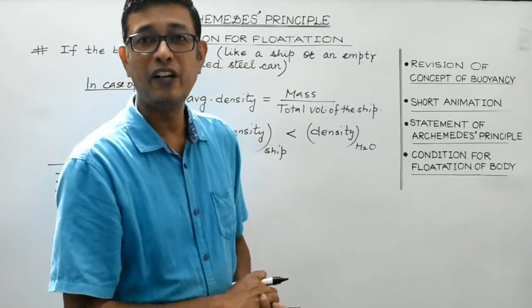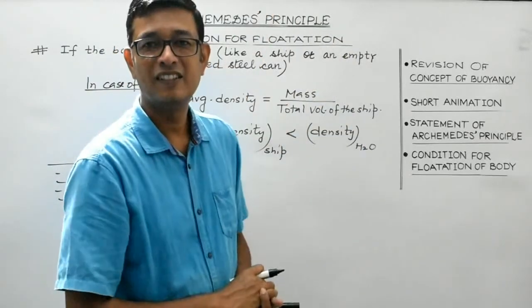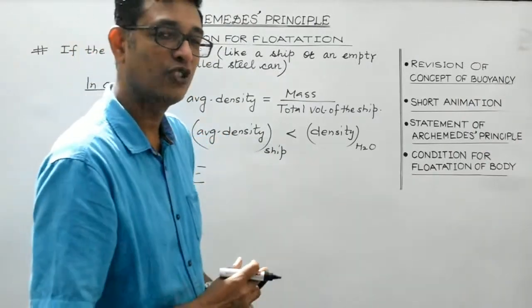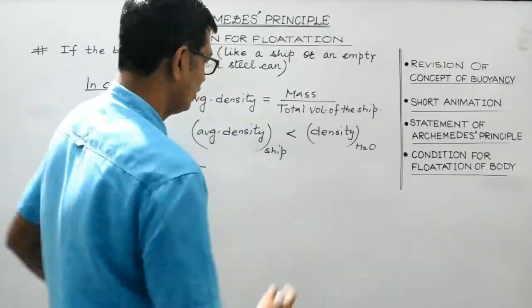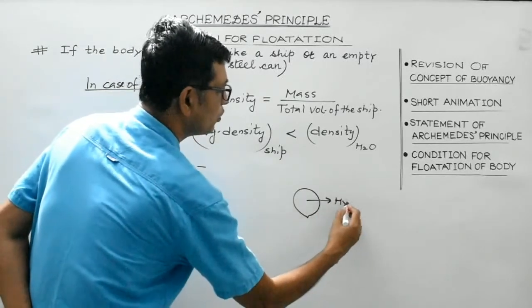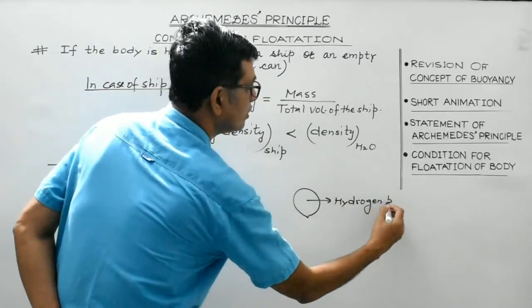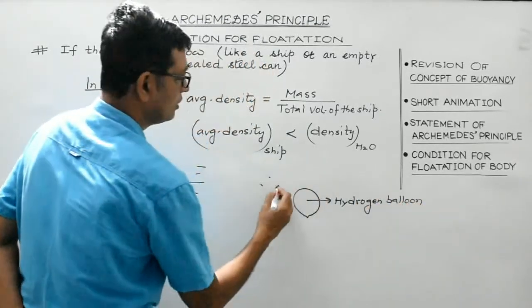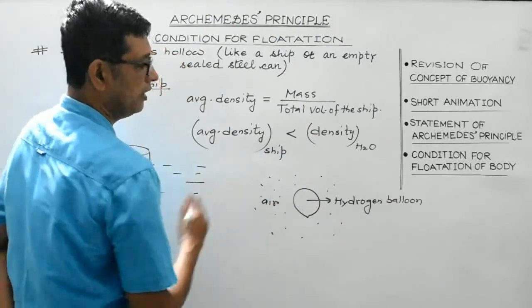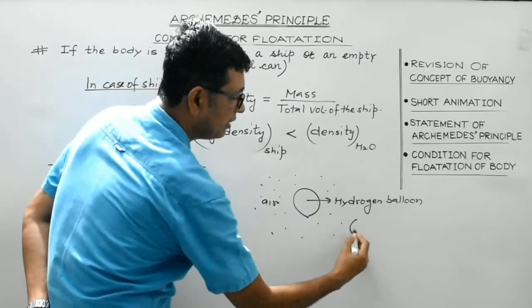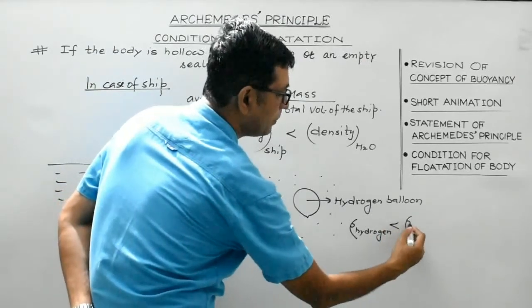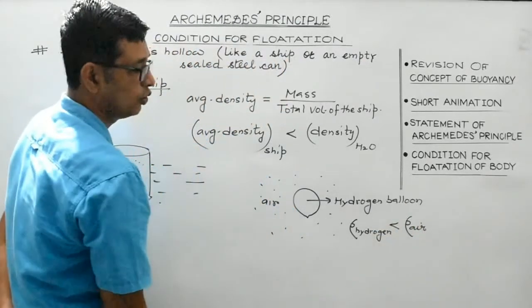Have you seen hydrogen-filled balloon rising upwards? The reason being, hydrogen is the lightest gas. The density of hydrogen is less than that of air. So, this is a balloon. This is suppose a hydrogen balloon and it is in air. So, the density of hydrogen is very, very less as compared to density of air. So, what I mean to say is that